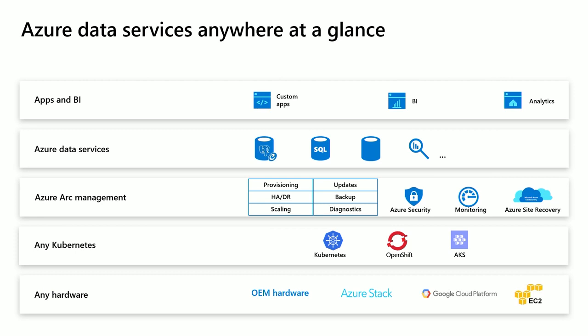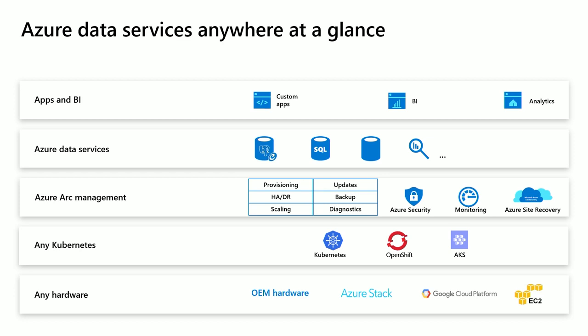So how does this work? It starts out by acquiring whatever infrastructure you want. It can be your own data center infrastructure that you already have. It could be some OEM hardware that you purchase. We're working with all the major OEMs like HPE, Lenovo, and Dell to design reference architectures that are designed to run these data services. Or you can get rented infrastructure from an IaaS provider like EC2 or something up in Azure, like Azure IaaS.